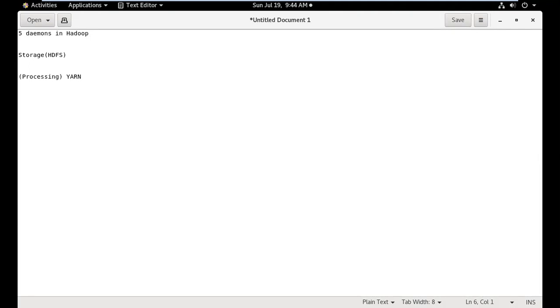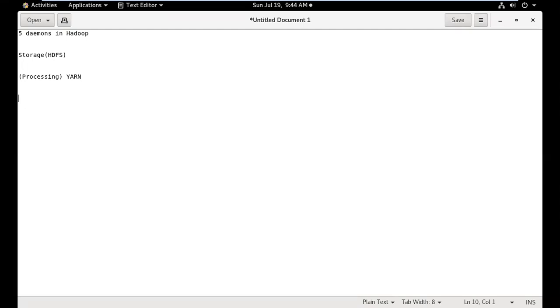Now, before starting the service, please make a note, guys. The very first time you start a cluster, the first thing you have to do is format your name node. This has to be done only once. I'll just repeat: the very first time you start up your cluster. I've not started my cluster since I shut down and restarted my machine, not even once. So the very first thing you have to do is format your name node. This is very, very important.